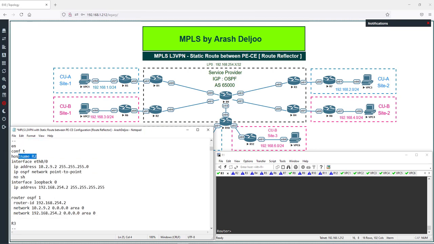Again, the hostname is router 2 or R2. Interface ETH0/0's IP address is 10.2.2.2 with subnet mask 255.255.255.0. Then ip ospf network point-to-point. After that, I enabled one loopback interface again,